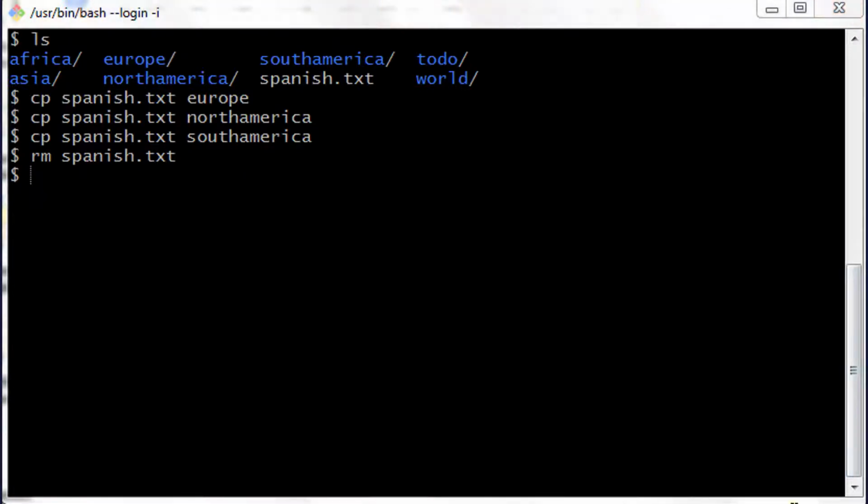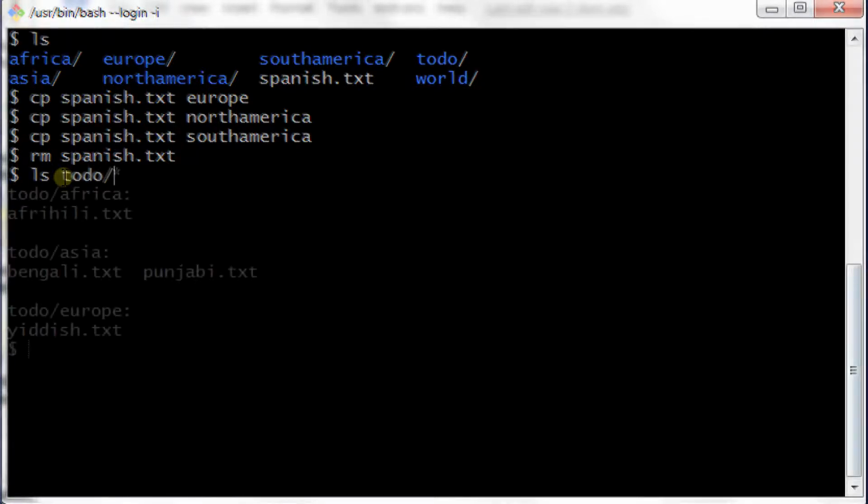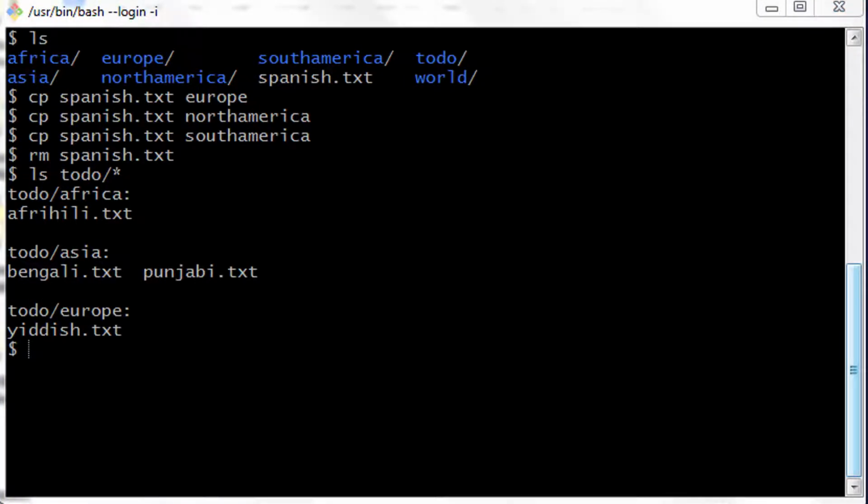Now we are at task number 9. At the top level directory, there is a subdirectory called to-do. We are asked to list the contents of the path to-do/start. So I'll type ls to-do/start. In task number 10, we are asked to copy everything under each continent subdirectory to the respective